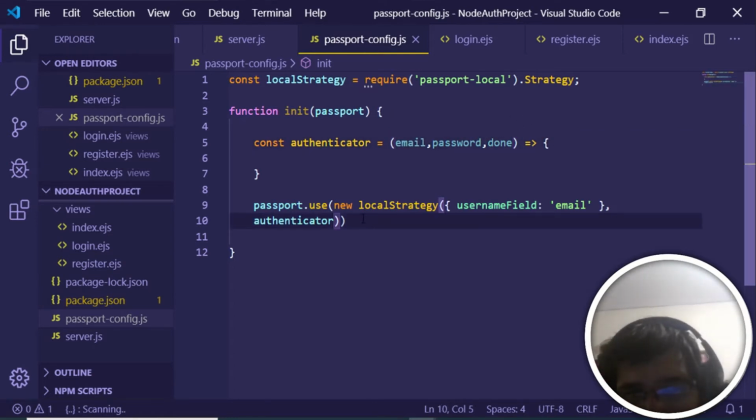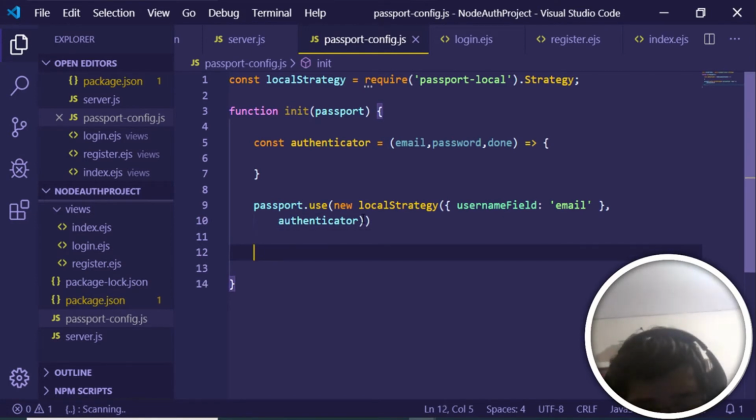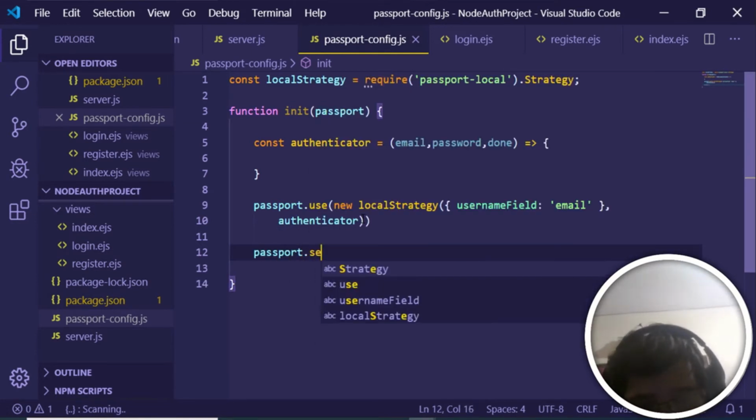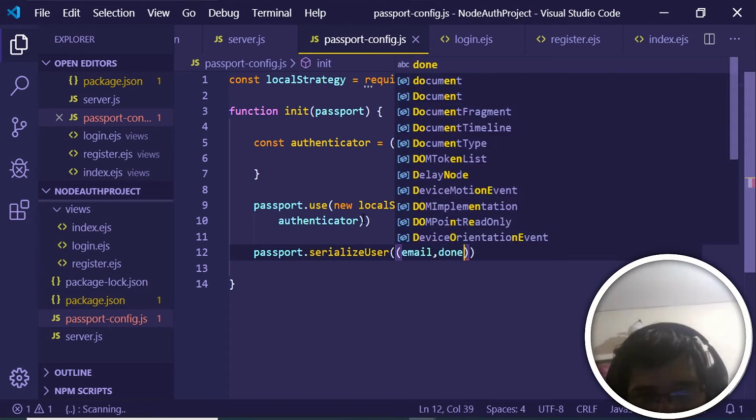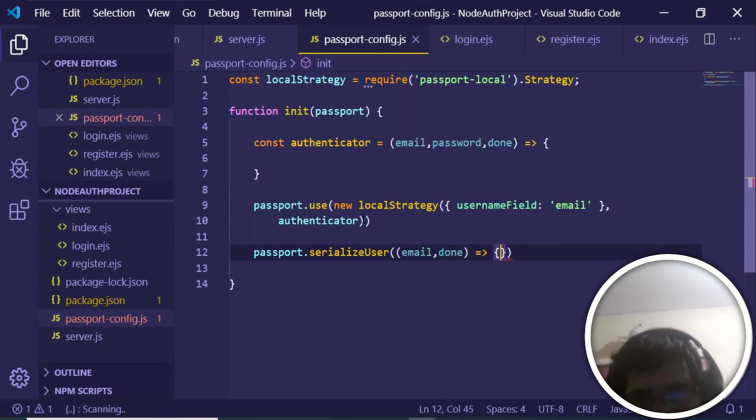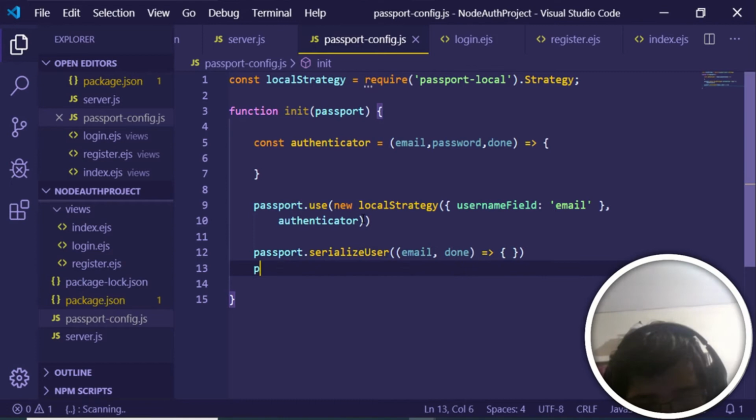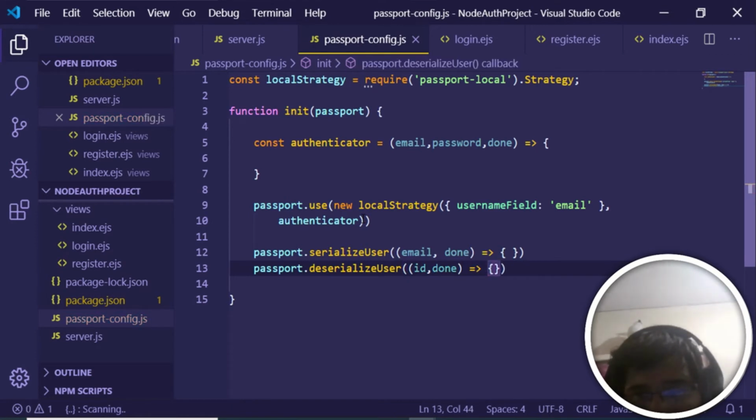So now after that we will be having 2 functions which will be passport. Right after that, passport.serializeUser. So inside this we will be having 2 arguments. First is the email comma done. So this will be arrow function. So just make sure to put a set of curly brackets, and also we will be having deserializeUser. This will contain 2 arguments which will be id comma done. That's it. So this will be again arrow function. So set of curly brackets. So basically these are the functions which will be required in order to register the user and also the logout